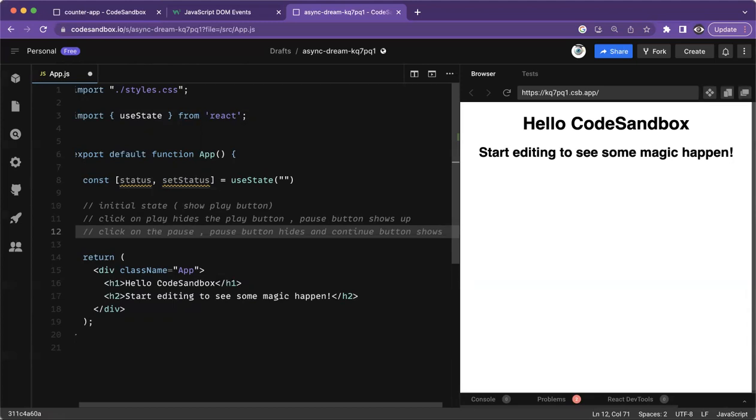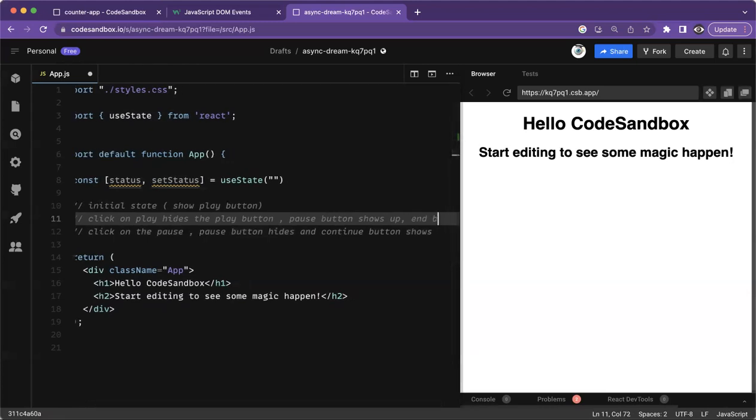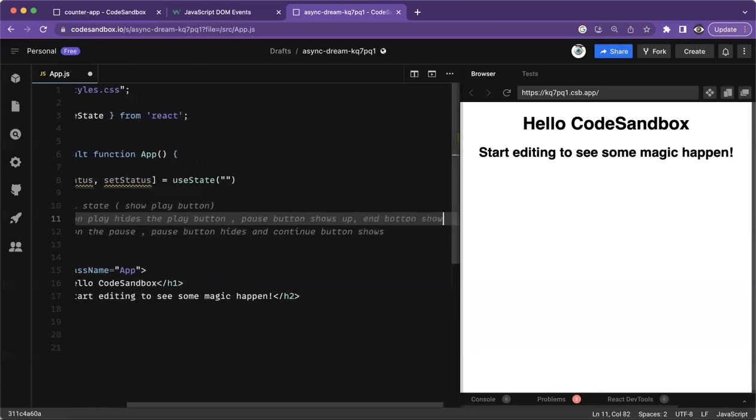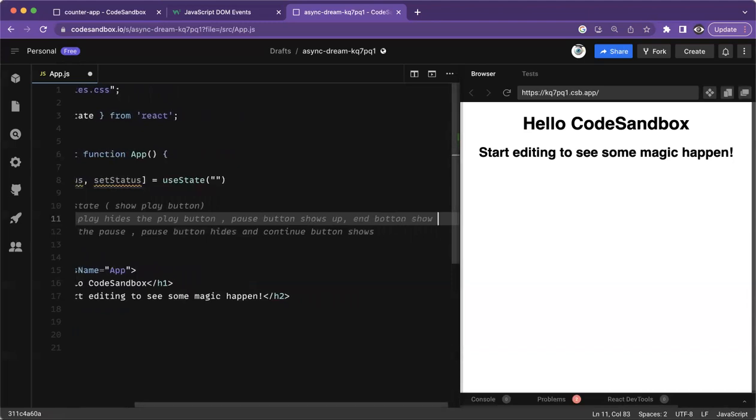If you click on pause, it will say continue. Also, we can have an end button as well. So the pause button shows up, and the end button also shows up,